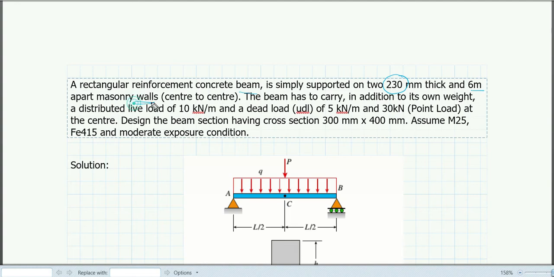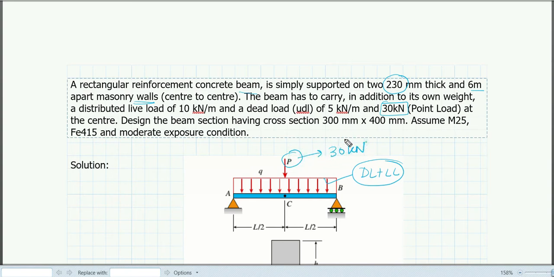masonry walls. The question is exactly similar to the one we have done in single reinforced beam, but the only difference is that there is another additional load of 30 kilonewton. This is a point load which is acting at the midspan of the section, just like you can see here in the figure. You can see that there is a UDL, which is a combination of dead load and live load, and P is the point load which is acting at the center,